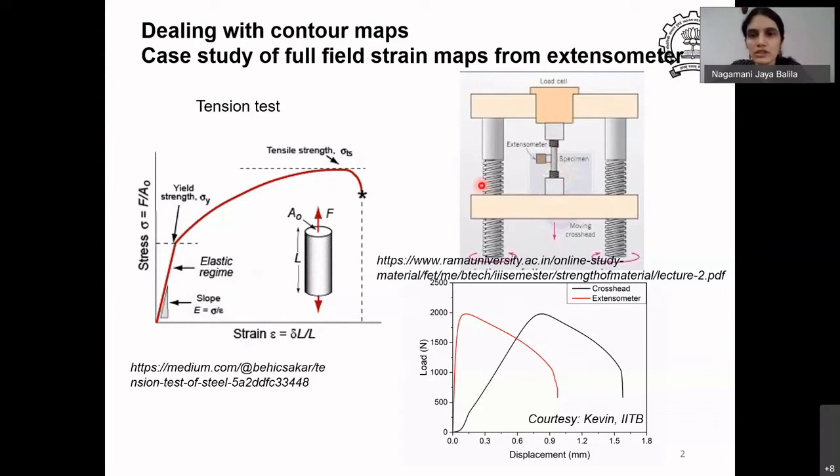So if you measure what is called the crosshead displacement, which is the displacement between these two points, then you will have the displacement of the specimen plus the machine displacement added together. So the actual curve that you will get in that case is a load displacement curve, which looks like this black curve. You can see that the slope of this curve, the linear elastic part, is pretty low. So if you convert this to a stress strain curve, you will get an elastic modulus which is very low compared to what is expected for that material, because the displacement that it's measuring is not of the specimen alone, but of the specimen and the machine. So this is called a machine compliance error.